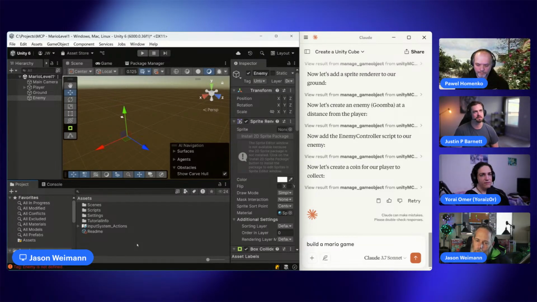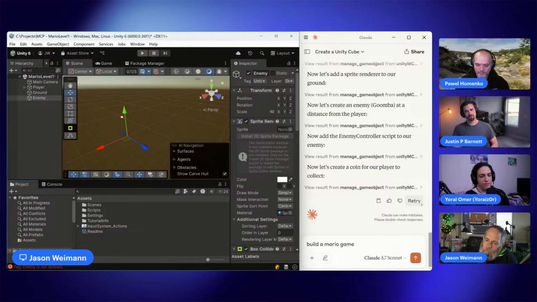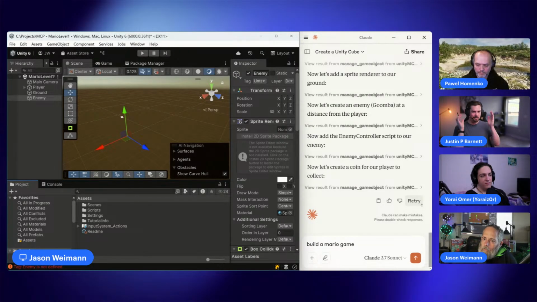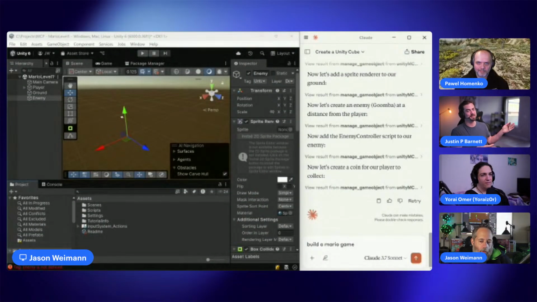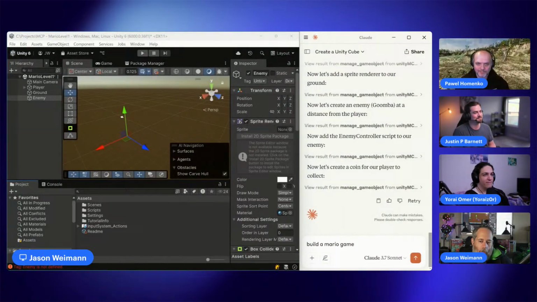But if you want it to behave in a very particular way, or in a particular complexity, you definitely have to be there to put the guardrails on it. So it's going to bounce back and forth between your guardrails, and then you have to interject and be like, no, go like this, back and forth, that kind of stuff. And right now you just prompt it with build a whole game, and so it's just got free reign. And so it'll be interesting to see how we actually